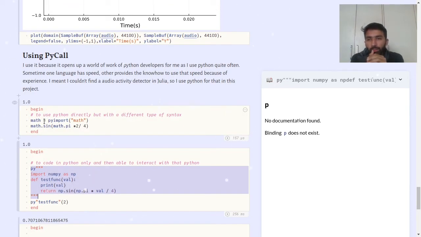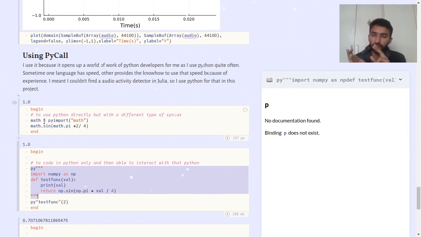Moving on to the next part, PyCall is an important package in Julia that allows us to access Python packages from Julia's side and allows interactivity. What it helps us with is, suppose a particular package is not available in Julia, because Julia is relatively younger than Python.